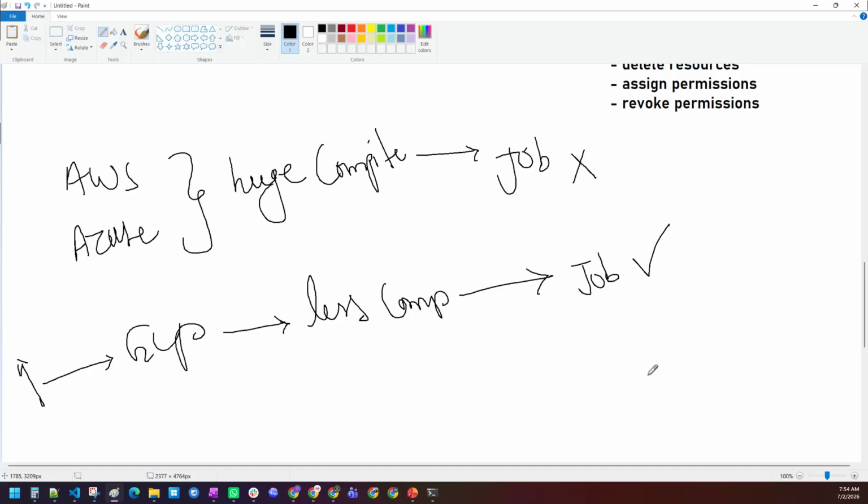I'll tell you, GCP's market is increasing day by day. Nowadays, there are some GCP data engineering projects coming from AWS also. They are migrating to GCP, because GCP is cost effective and has a simple interface. That's the reason some companies are migrating even from AWS to GCP. Such market growth is happening in companies. I highly suggest you get into GCP data engineering as soon as possible. Yes, Shubham, it is possible.